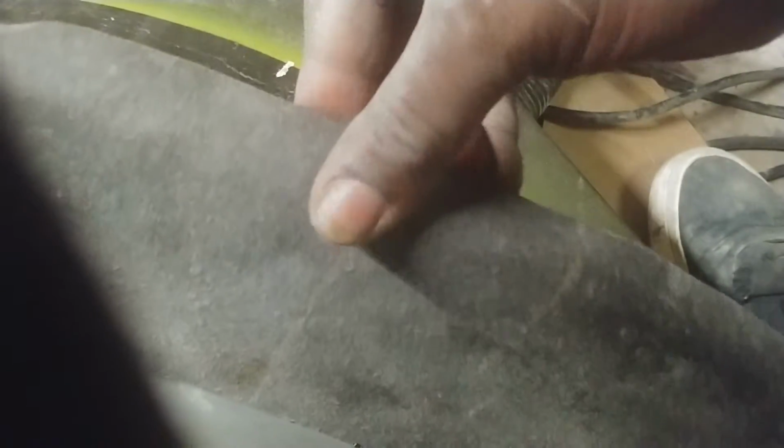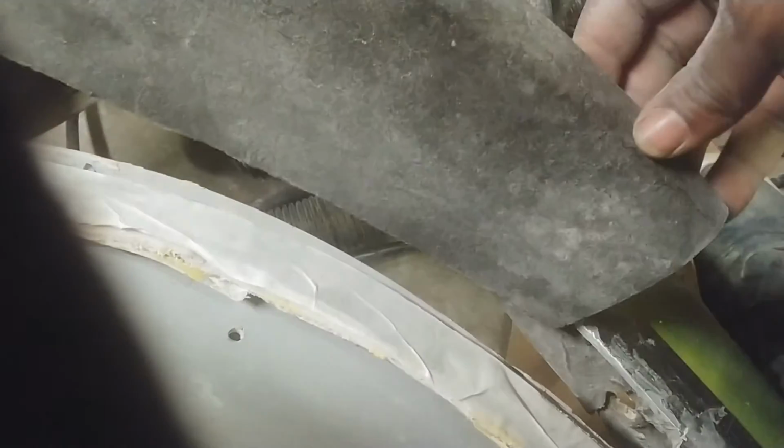So that's the other cool thing about it. It gets real pliable, but as it cools off, it's going to stay like that. So you see right here, it wasn't as hot, didn't get heated, so it's real rigid. Right here, real pliable. And it's going to stay like that. It's the other side. Cool, right? Okay, so again, put resin over here, it'll stay just like that. So that's my flange. That's going to go under here